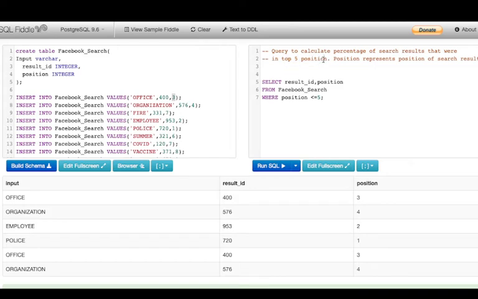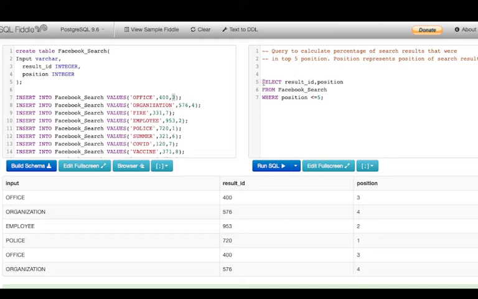So here comes the tricky part in the question. Otherwise it would have been a very simple question for a company like Facebook to ask, but here comes the trick where you need to think and see how you can solve it. So what I'll do is left join this subquery with my original table. I've got the result, but I don't want to lose my original table for that matter. So we are going to left join with the original table to maintain the original values, as well as see which posts are in top 5 position.